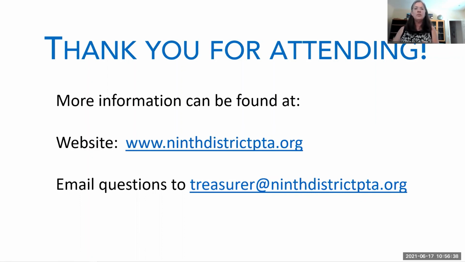Now this question again about how much money you're carrying over. We do encourage you to spend it on the families and the students that were there when it was raised. That doesn't always happen. So again, there's no magic number, whether you've hoarded 51% or spent 50.2 or 75%. I don't think the IRS is going to purposely come knock on your door, but they could. And again, you are supposed to be raising money to help the PTA and the school now, not 5 years from now. So do what you can.